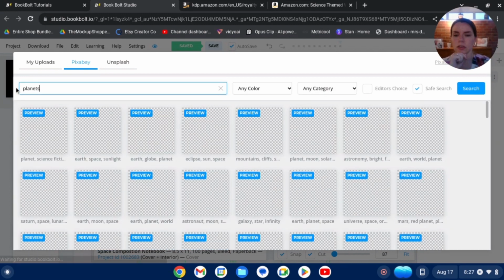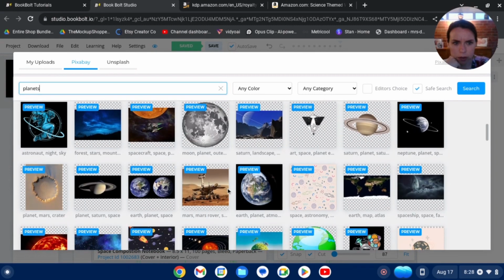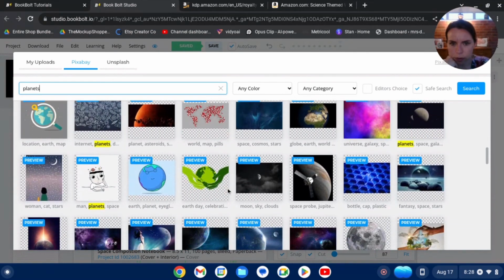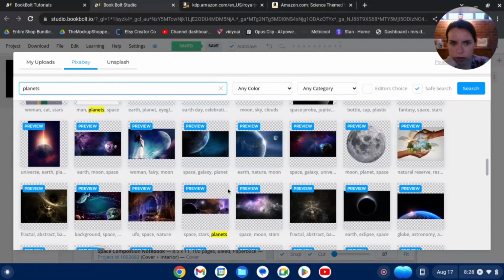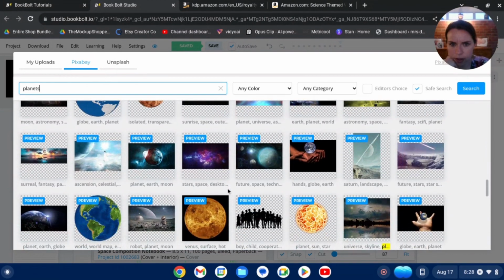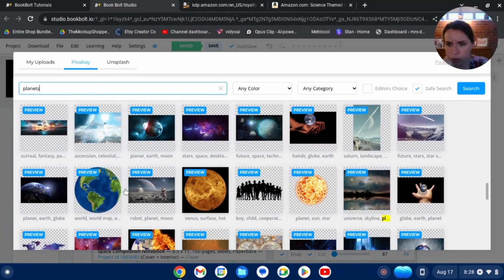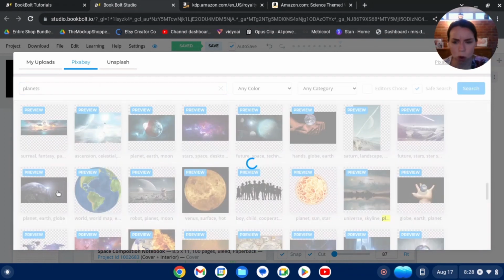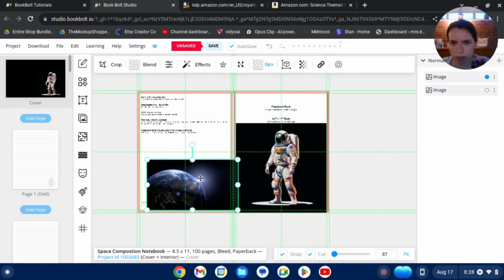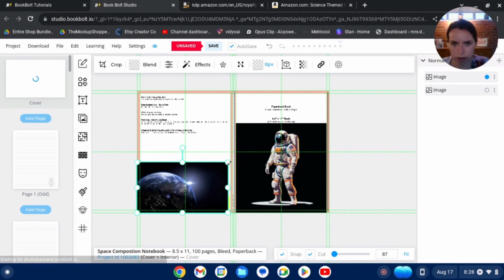So I don't want anything too much. Maybe a few planets would be quite nice. Remembering again that I am still looking for like the teen market. I'm not looking for anything else. Oh, that might be quite nice if that was at the bottom of the back page. So if I then put that to there,